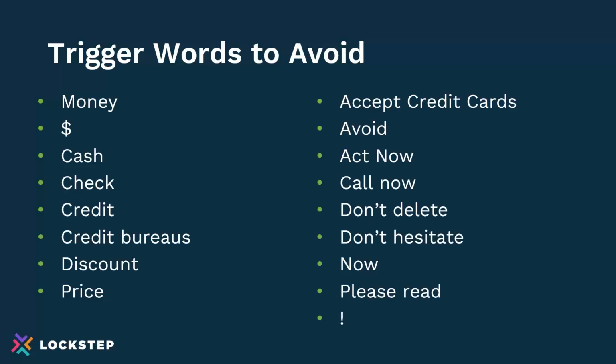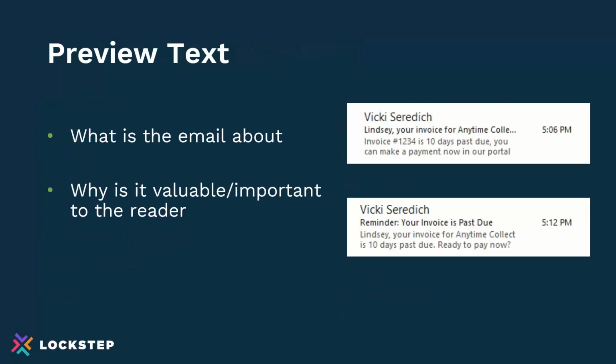Believe it or not, those are some of the things that we go in and find, especially for a reminder or dunning, where there'll be some kind of elevated language that includes some of these words, like, we don't want to refer you to a credit bureau. You want to keep that kind of thing out of the subject lines and really think about thoughtful ways of getting that in there. And also thinking about how to put preview text in.